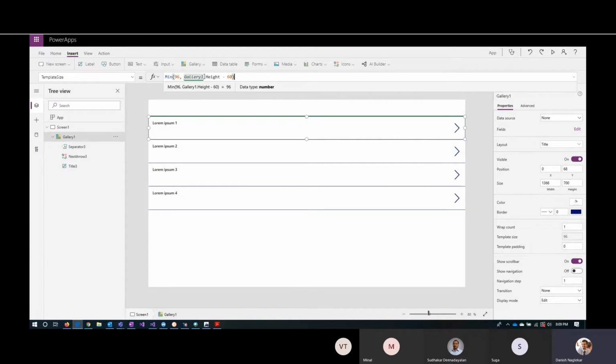So what this minimum 96 or gallery height minus 60 means: there are min and max functions as well. Then you have min max functions or true false functions or a lot of other functions available, like you have in an Excel spreadsheet. This means that you are doing contextual